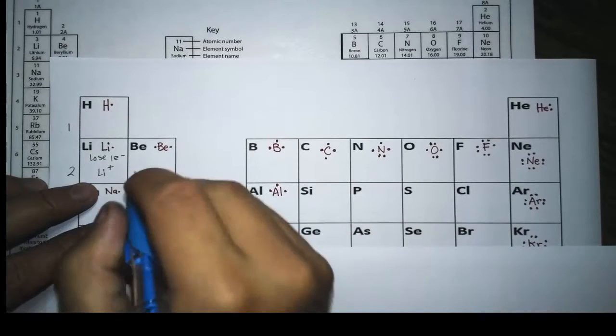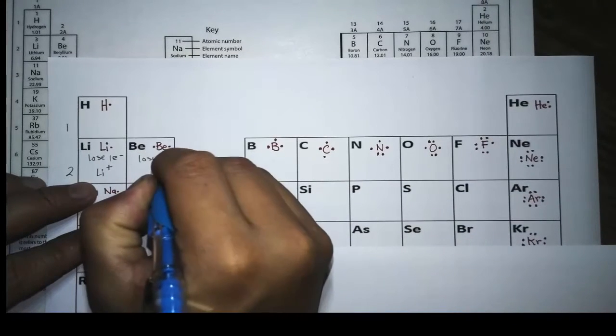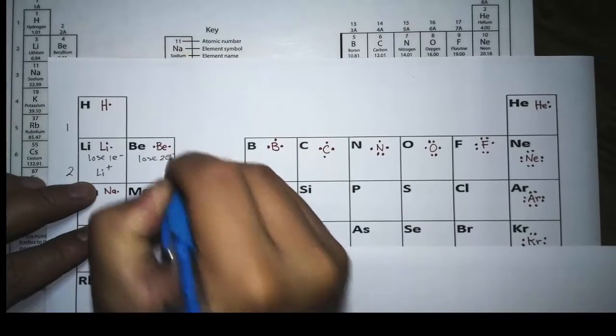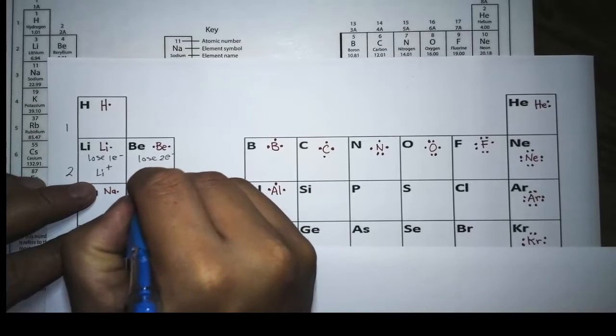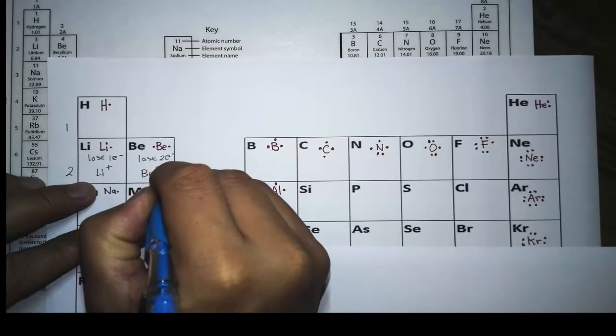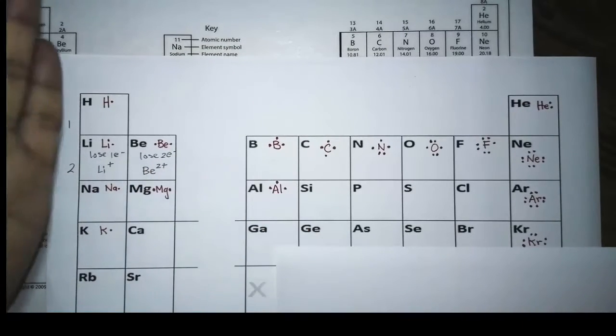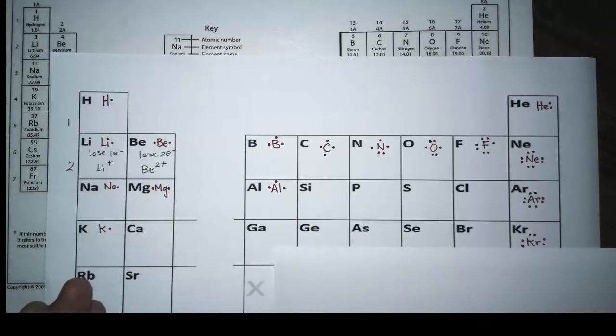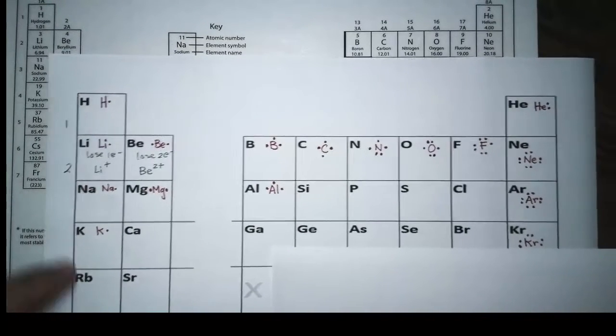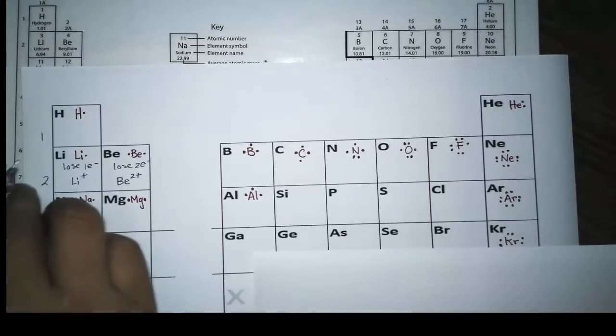So therefore, it would lose 2 electrons. And the charge for beryllium, in this case, it becoming ions, would be 2+. So all the elements in group 1A would lose 1 electron because it's easy to lose and become the previous